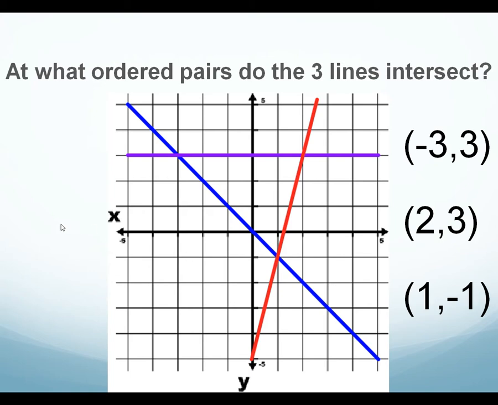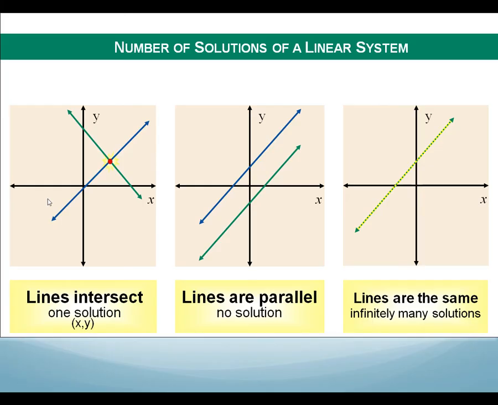So that's all you're really going to have to do for this first part. I'm going to give you 2 equations. You're going to have to graph them and then see where they cross. However, they're not always going to be nice and perfect like this where they cross. There are 3 possible things that could happen. So for the vast majority